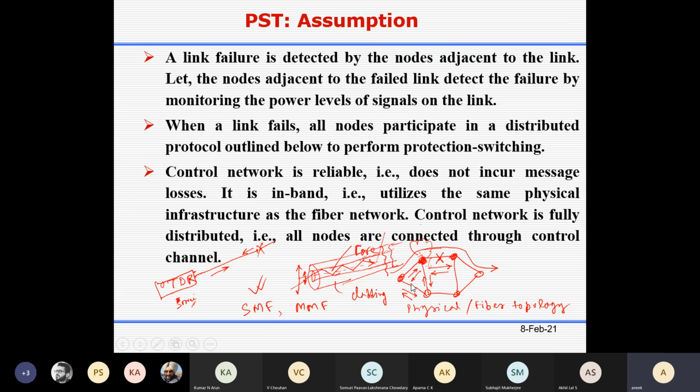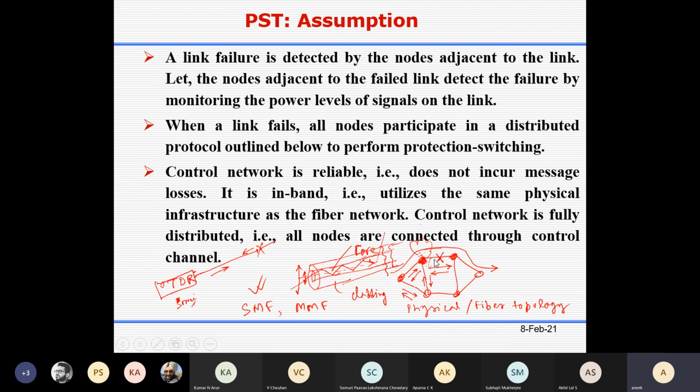Let's say some wavelength lambda 0 is used throughout the network to send your control packets. Or sometimes, if you want to maintain a laser and a photodetector for the control channel, it is expensive.